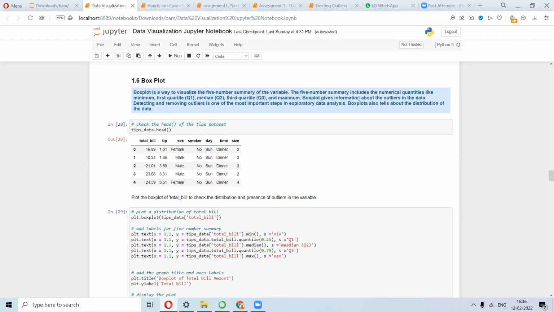And box plot gives you information about the outliers in the data. So if you want to clean the data, this is really handy in locating and detecting the outliers first, and once we detect them correctly, we can get them removed from our data set. And this also tells us about the distribution of the data, right? All good?